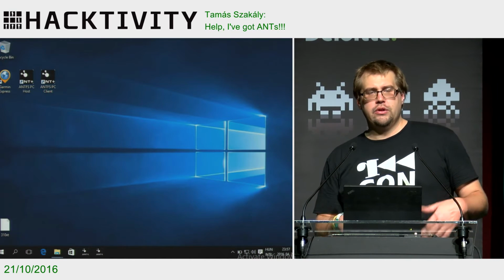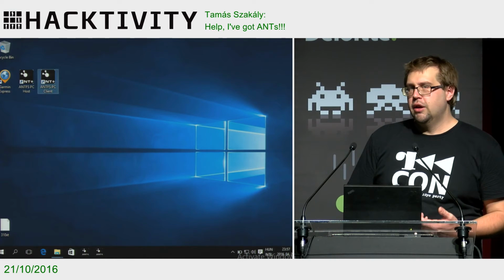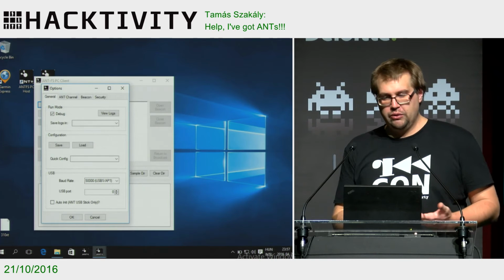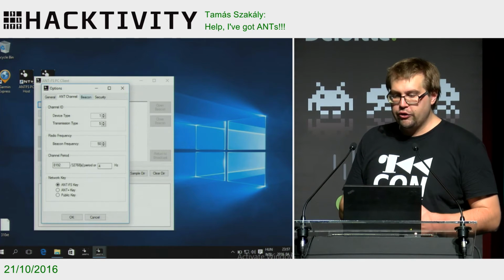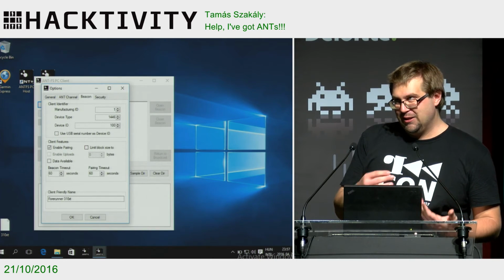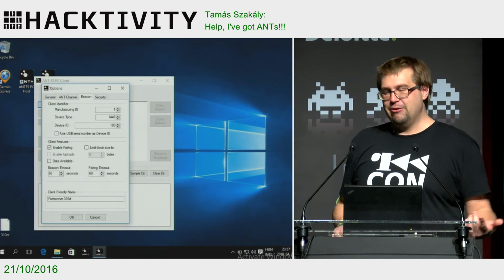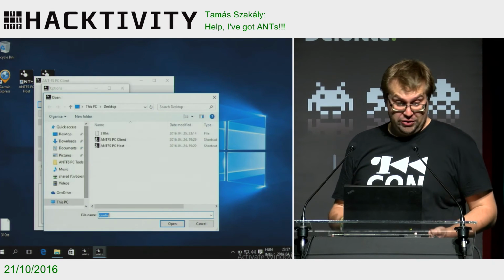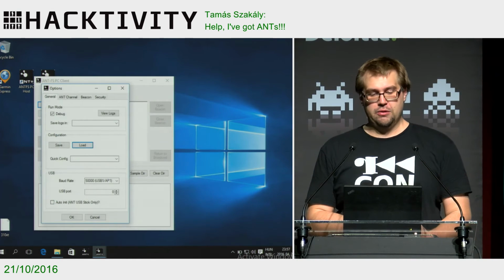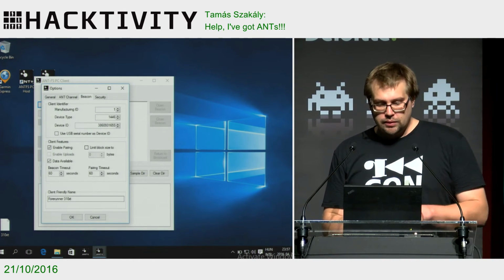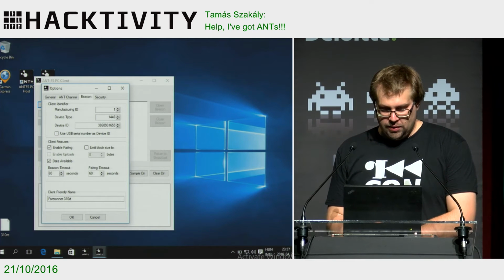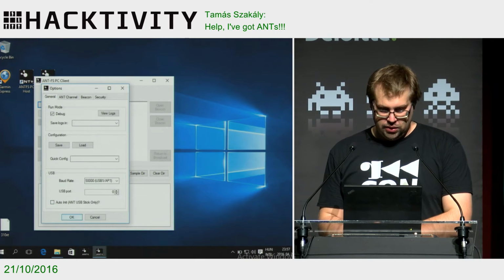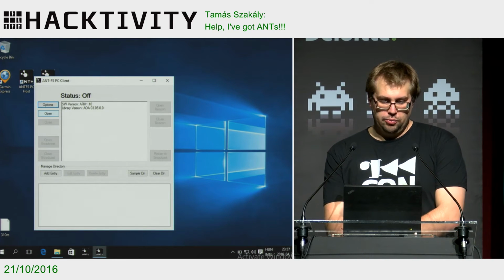Next step is to use this device ID to impersonate the client. So now I'm going to use the ANT-FS PC client and create an ANT-FS client with the device ID I've just gathered by posing as a host. Okay, so there's the device ID. Opening the channel,